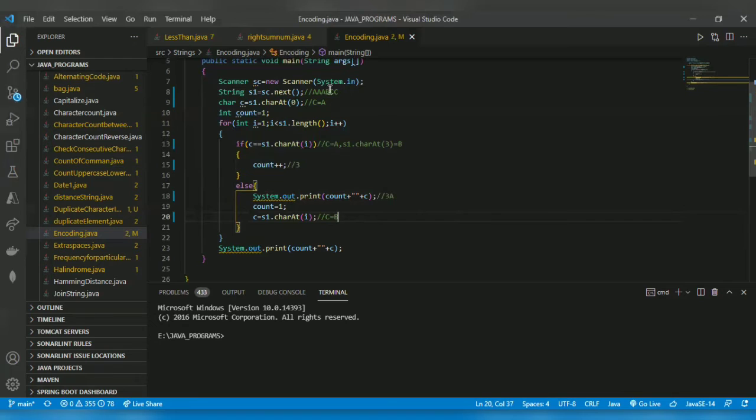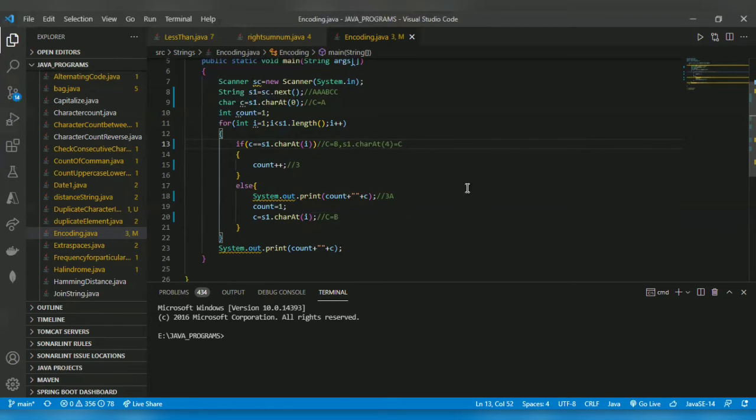Then it will go for the next iteration. Next iteration, i is equal to 4. For i is equal to 4: 0, 1, 2, 3, 4. The value is C. Now c is B. c is B, s1.charAt(4) is C. So it will not satisfy the condition.